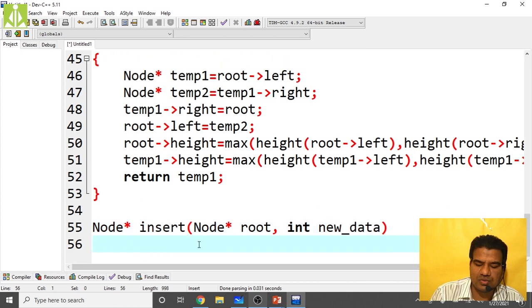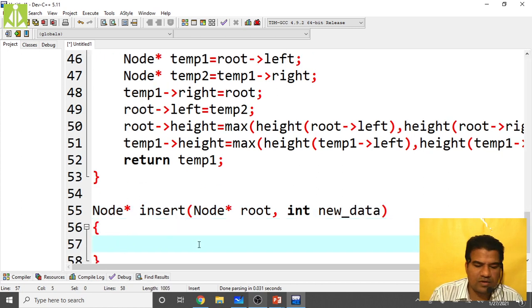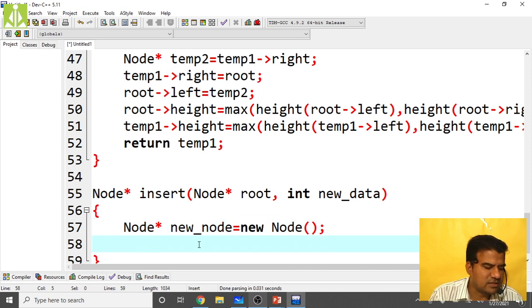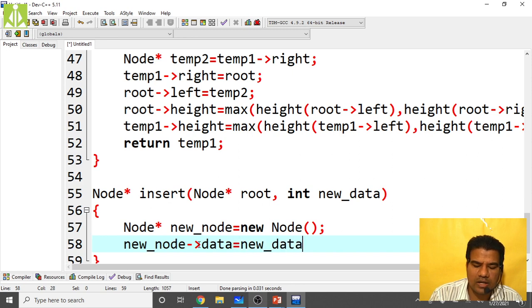Basically we receive these two things every time. So now create the new node. Node star new_node equals new node of, allocate the memory. Then assign data to new data. New_node of data equals new_data.